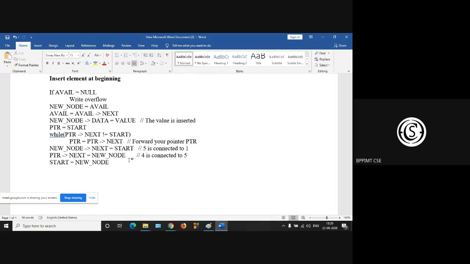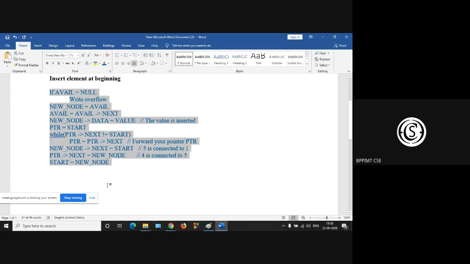Okay. So this is the algorithm for inserting at the beginning. This is the algorithm. Okay.